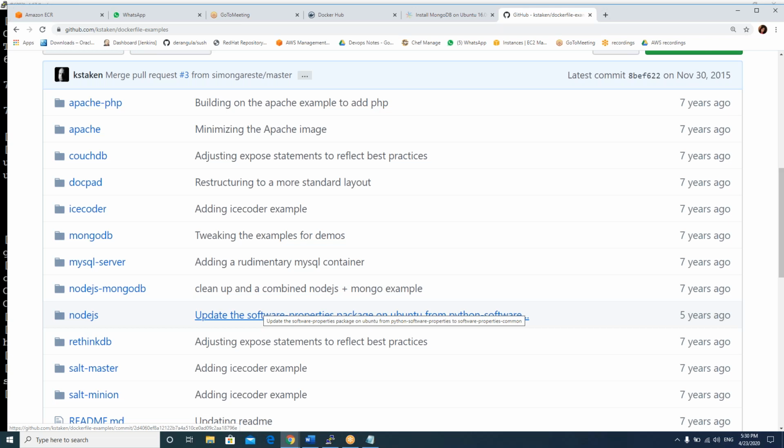We don't have an init command. Entry point and CMD are both similar, but the only difference is that with CMD you can change the parameters at runtime, whereas with entry point you cannot change them. That is the difference. We'll discuss it in tomorrow's class.